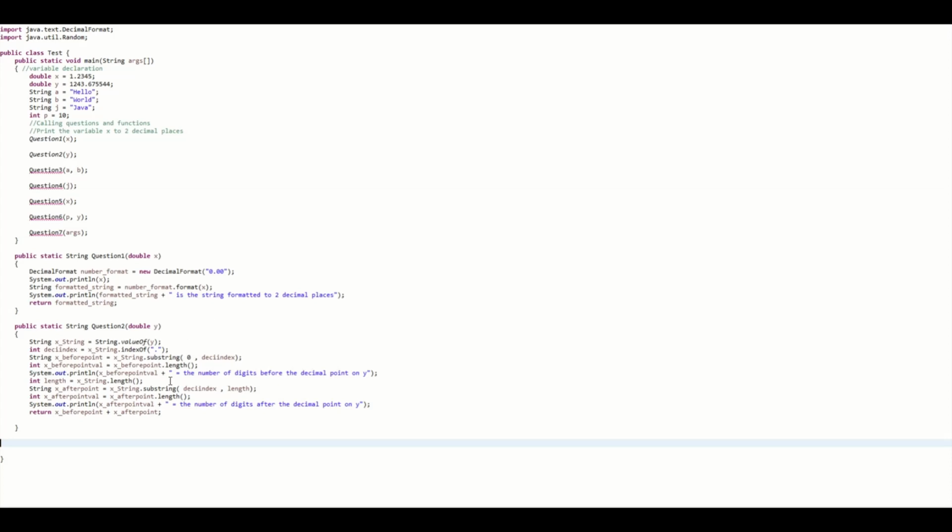And that's going to take all of our values before that point as a substring, and then we're going to get that substring length, and then we're going to System.out.println that to be our number of digits before the